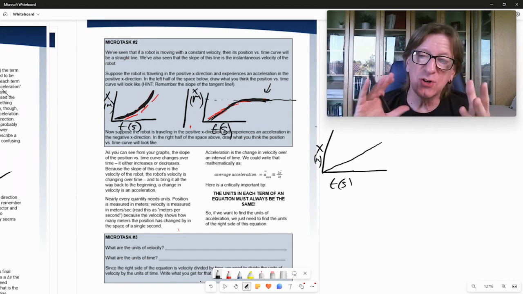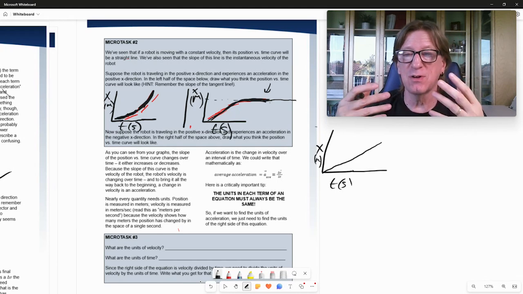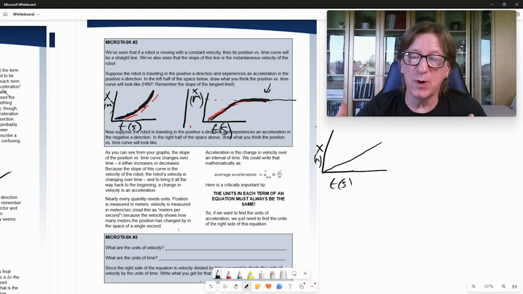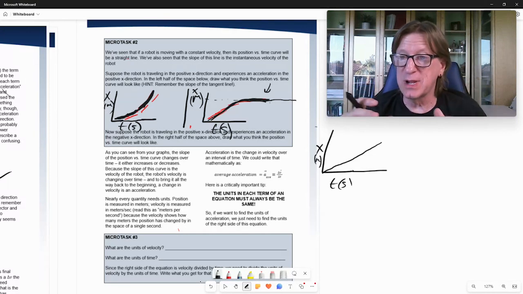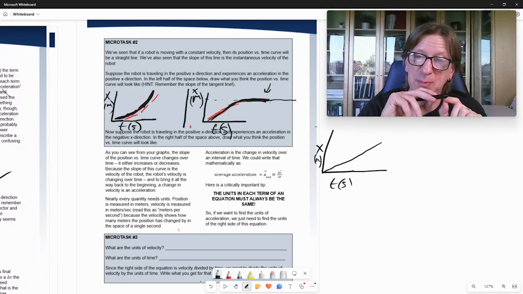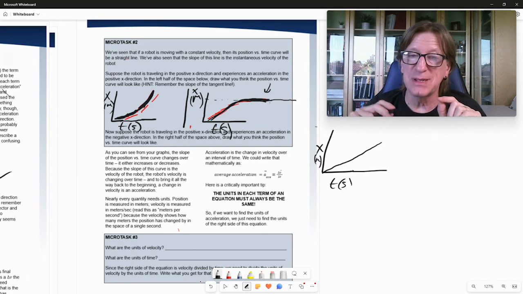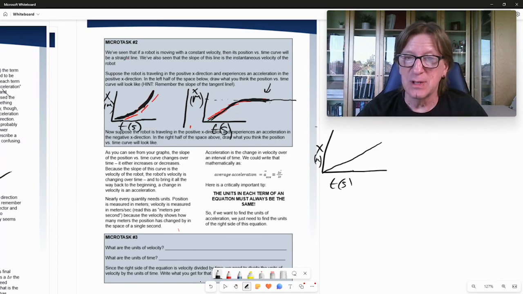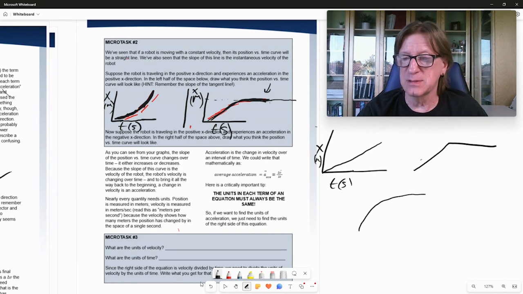So when we start using these graphs and we start thinking, okay, my robot's moving forward and I want to slow it down, well then I may apply some brakes, there may be friction present, any of this sort of thing. But I'm going to see that curve because the robot is not simply going to go something like this where it's got a velocity and then it doesn't. That's not possible. You can't get this instantaneous change. Instead, I'm always going to get this typical curve that kind of looks like this as I finally slow down